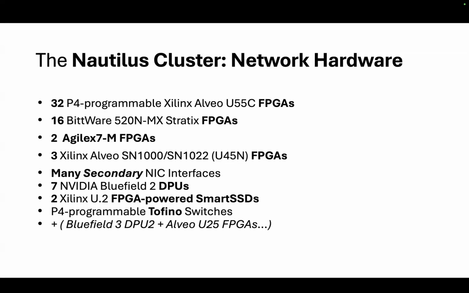And we have many secondary NIC interfaces. What I mean by secondary NIC interfaces is that the cluster itself is 440 host servers. Traditionally, each server has a network interface card or more, and the network interface card has one port that is used for deployment, for connecting to the cluster, to the networks, and so on. But the secondary port, that is what can be provisioned for network experiments, and that is what can be plumbed through to inside the pods and used for network experiments, and that's what we're gonna do today.